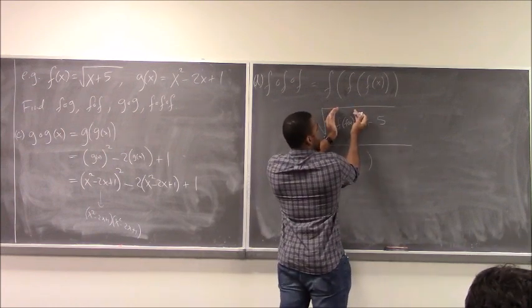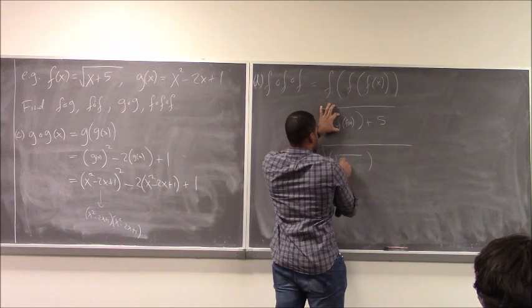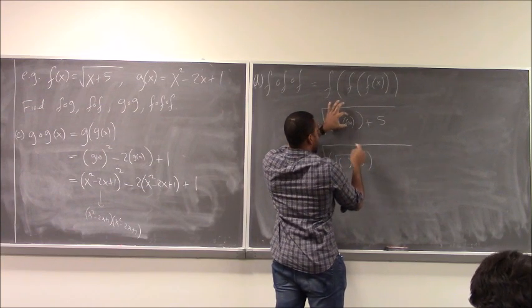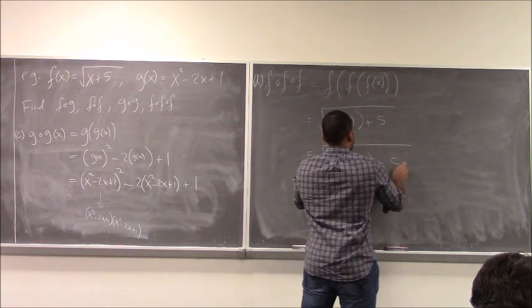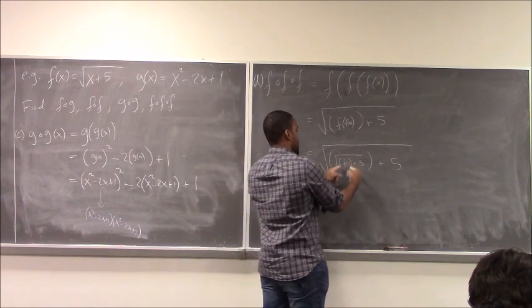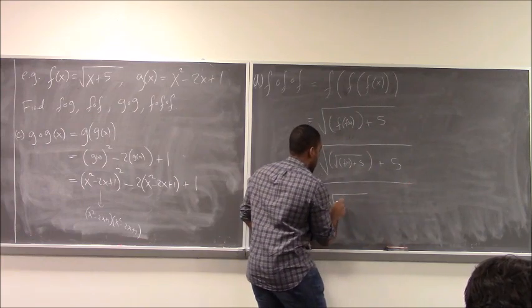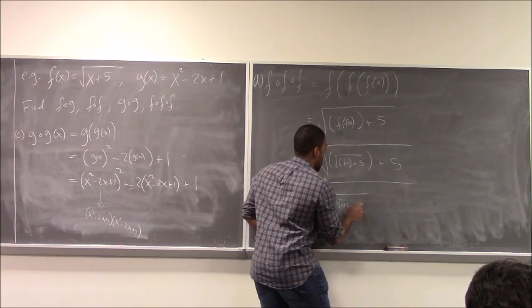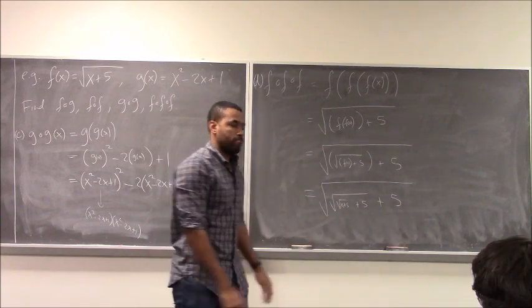So here I have f of f, which means I'm going to start copying the function f, but I'm going to leave a gap, and inside that gap, I'm going to write f of x. And then again, here's that gap, I'm just going to write that in. So it's that radical, x plus 5, plus 5, plus 5, and that's it. So that is